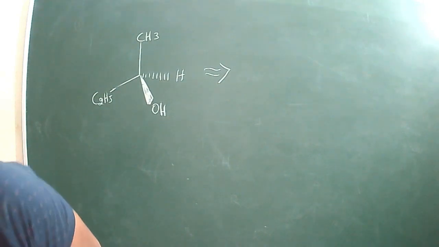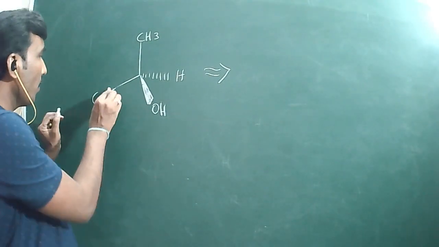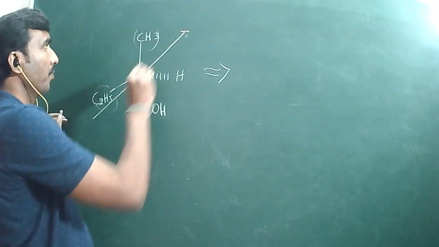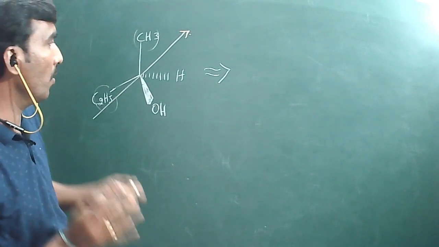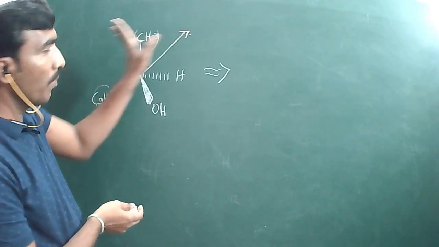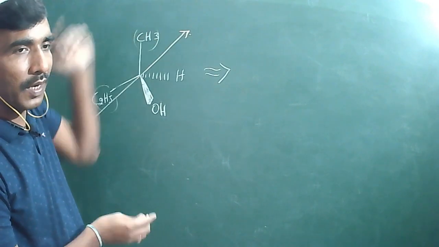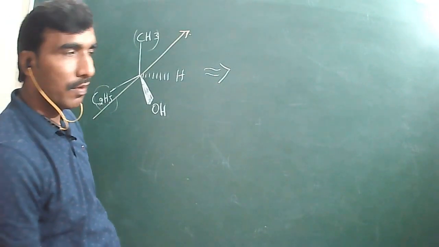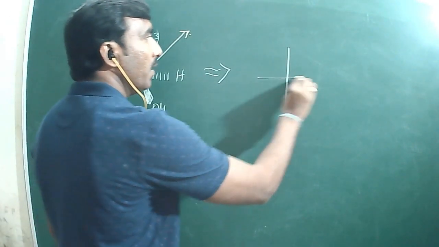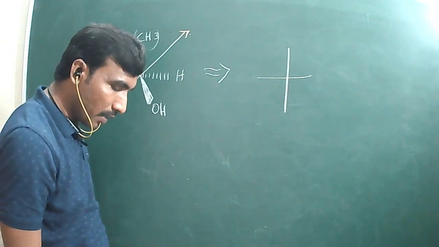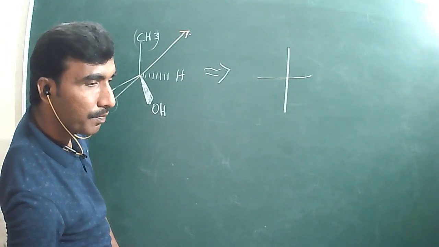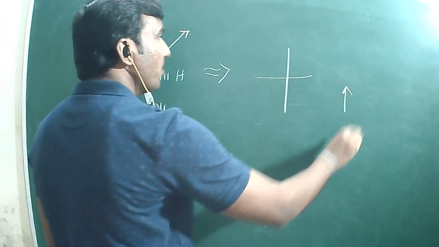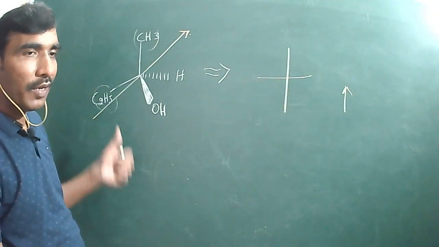So in this case, you start your journey from ethyl to methyl in this direction. Means you just imagine that you are walking from ethyl to methyl in this direction, right? So in the Fisher projection formula, how many chiral centers do we have? The rough Fisher projection formula I can write like that, with one chiral center, right? So now you are moving in this direction. You just imagine that you are moving in this direction. First, where are you starting your journey?